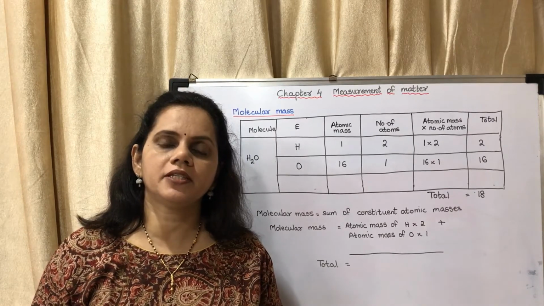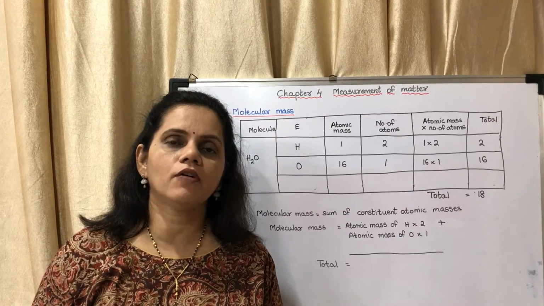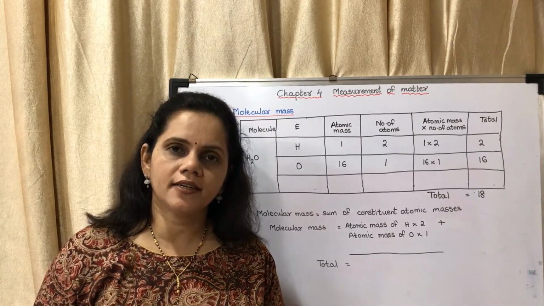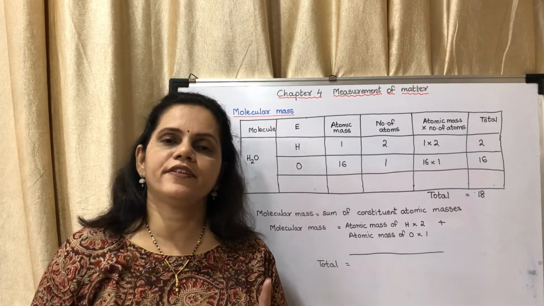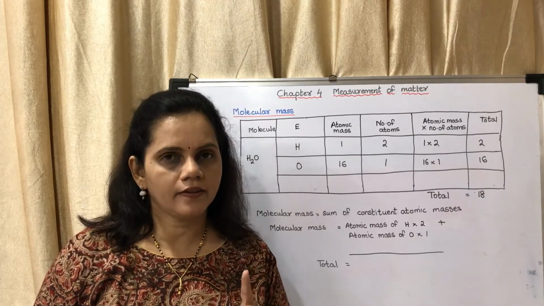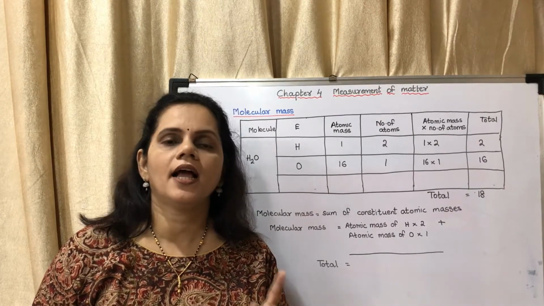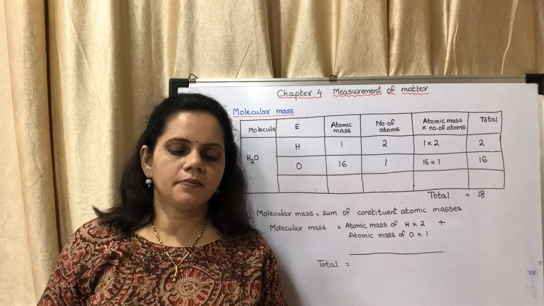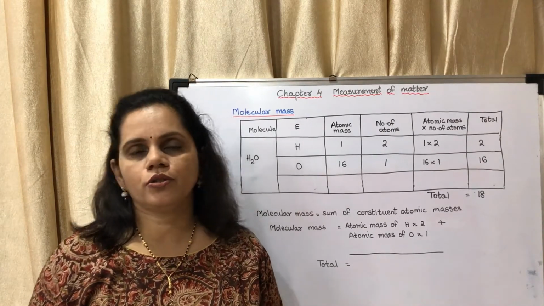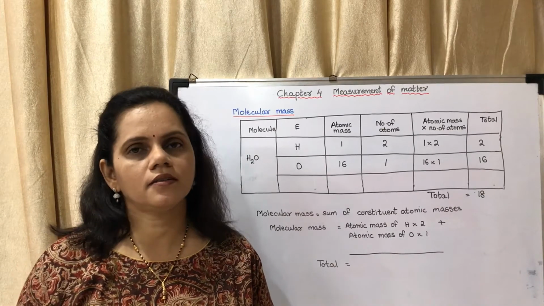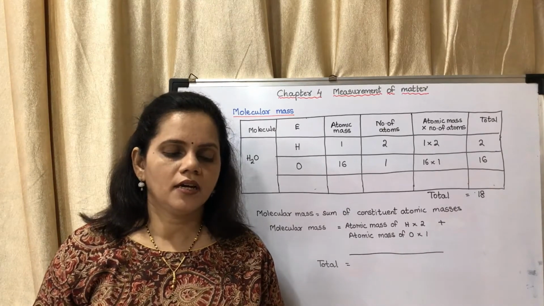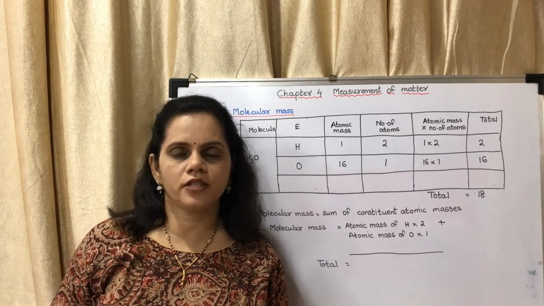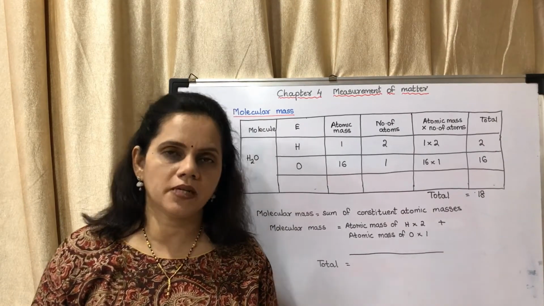So in chemistry, an element is represented with the help of one letter or two letters. If there is only one letter, it is a capital letter. If there are two letters, the first one is capital and the second one is a small letter. Write down the symbols of the elements you know. You might know several symbols. Write down the symbols for the following elements. They have given the names of some elements, and you have to write their symbols.